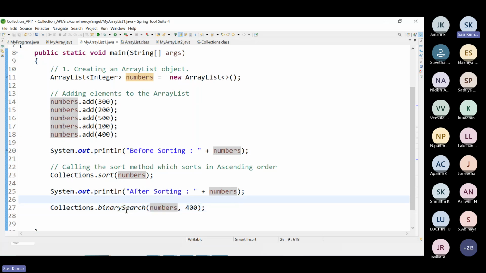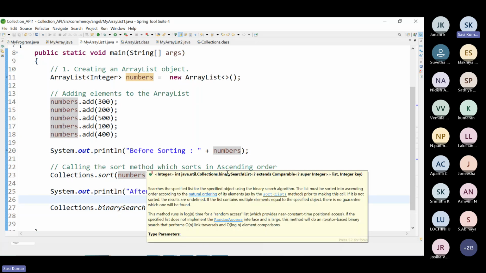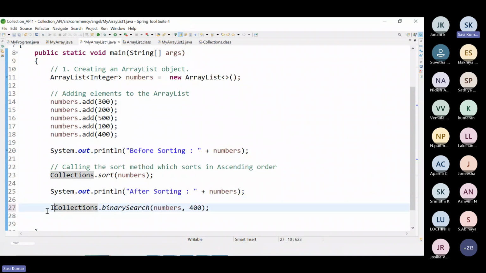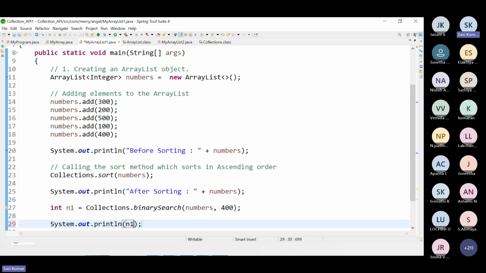What is the return type of this binarySearch? Here it is an integer type, so we will store it as an integer, for example n1. You can give any name. Let's give n1, no need to confuse with number. Now I'm going to print n1. Let me run it in debug mode. Listen very carefully.